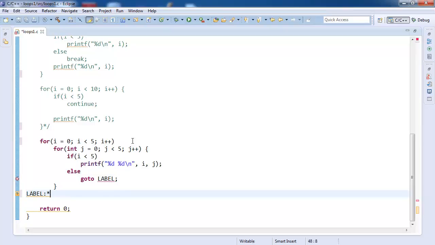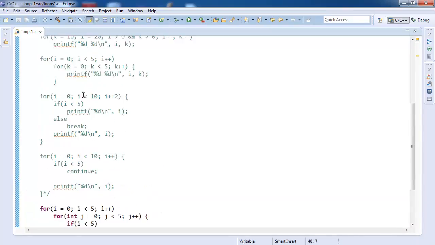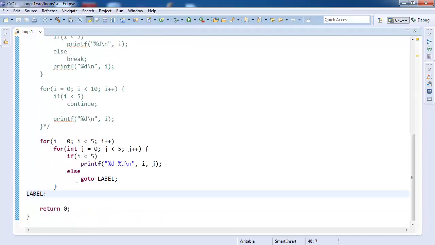Next is goto. We have seen the break, that it allows you to break out of a loop. But say we have nested loops like 2 for loops here, and I want to jump out of both the loops, then how would you do this? The way to do this is,